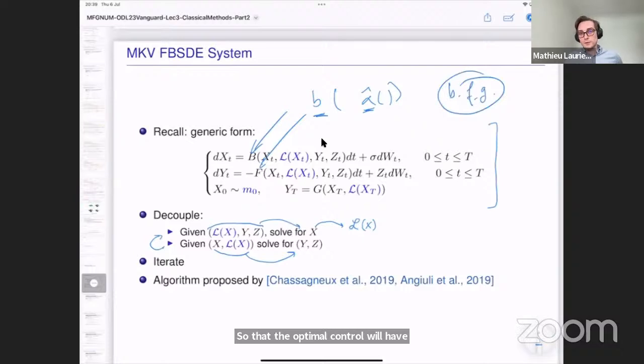For example, you can use arguments from PDE theory. So if you're interested, I can send some references. I'm pretty sure that if you check the lecture notes of Pierre Cardaliaguet, for example, which was on one of the first slides, you can find some argument, at least for some class of mean-field game. And if you check the book of François Delarue and René Carmona, you will find also a lot of results about regularity.